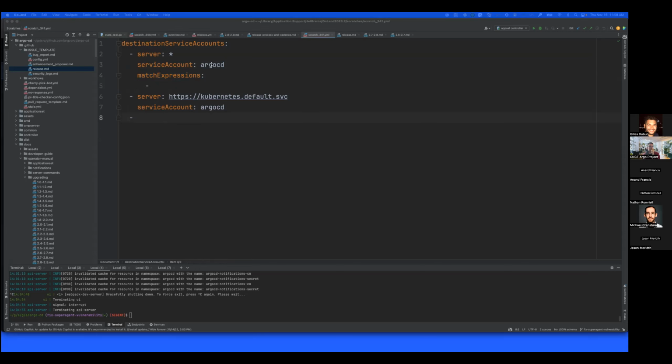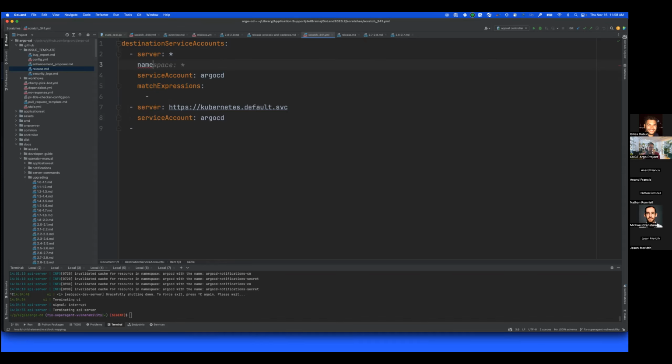The namespace field, in my opinion, is bad and badly named. It always should have been default namespace, because that's what it is. It just sets the namespace field on resources when it's not already set by the manifest generation. Correct. It's just not a very good field for targeting service account names, in my opinion. Got it. It could be seen as match. But from the service account point of view, the namespace is critical because we are going to look for that particular service account in that namespace.